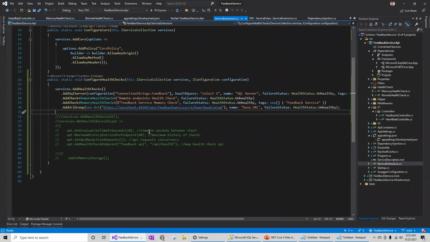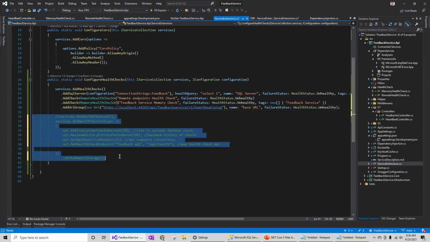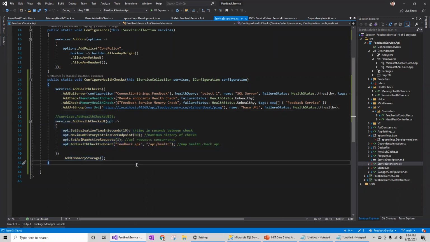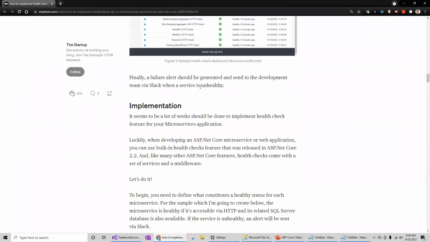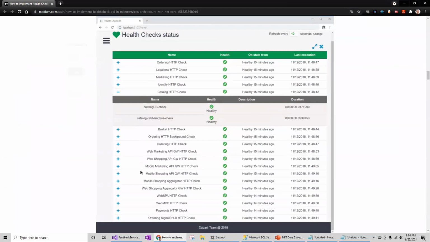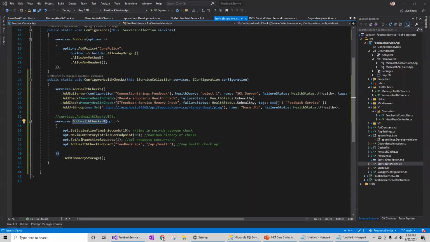So finally, I would like to show the UI behavior. Just uncomment this. So this UI basically shows the screen which is similar to what I have explained earlier. I want to expose one API endpoint for the UI, and then I can see my health check.